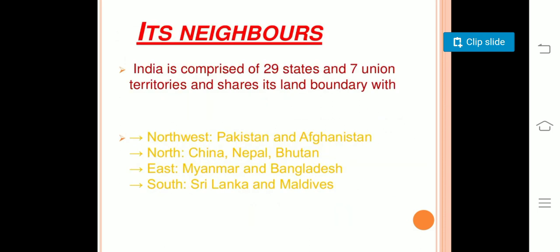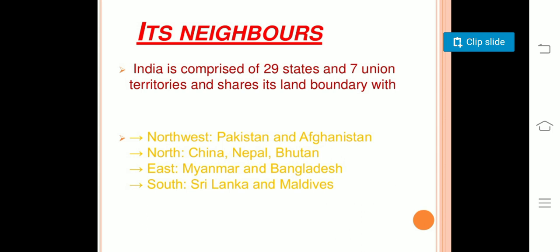You might find in your book that India is comprised of 29 states and 7 union territories. However, it is old now with the nullification of Article 370 from J&K. Now today we have 28 states and 9 union territories, and we share our land boundary with,